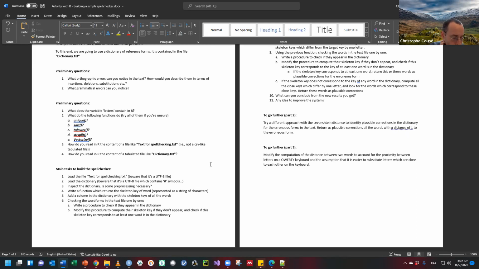Then I would like to look at the dictionary. Do you need to do any pre-processing? Do you detect something weird or not? Or do things look okay? And then, if we want to build a spell checker based on skeleton key,